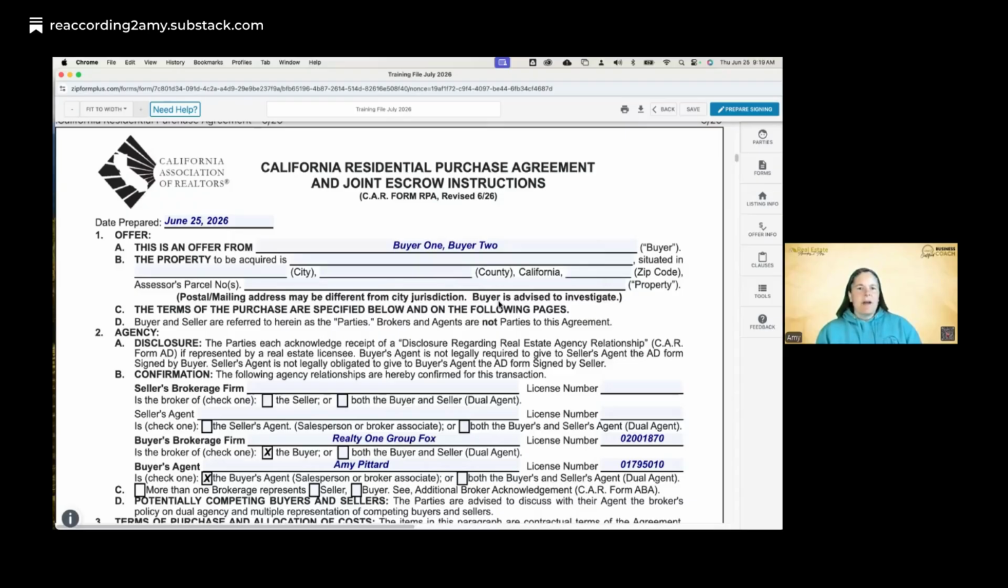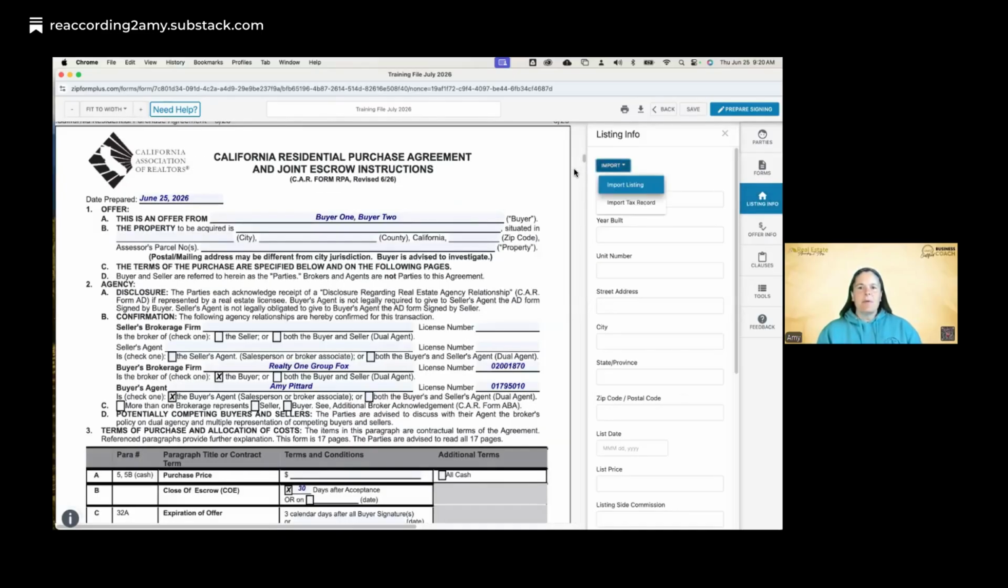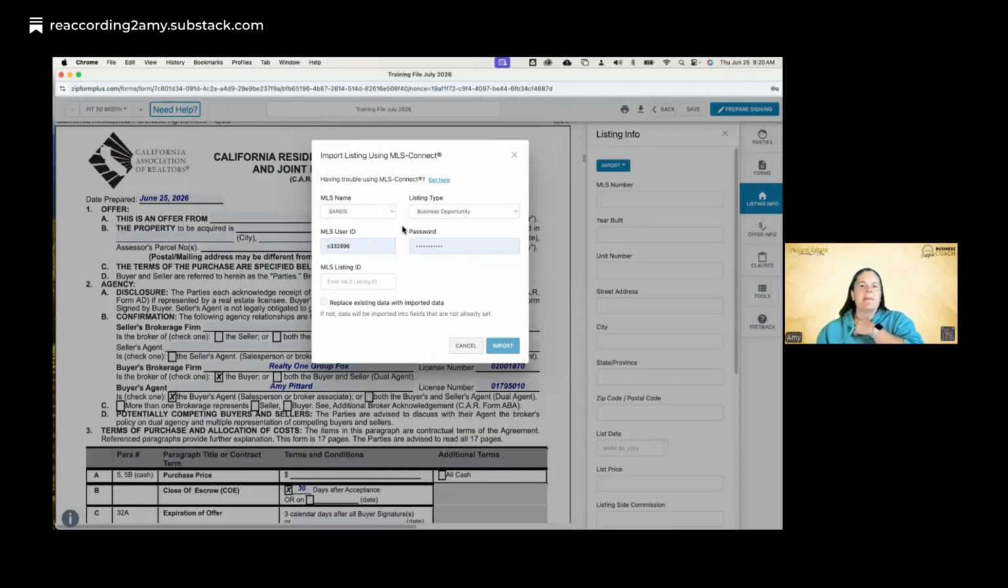All right. Property to be acquired. You can pull this in from the MLS. So if we go to listing information, we can go to import, import listing or import tax record. You can do this from the beginning, or you can do it inside of the editor. So we could go import listing. See, it's got my stuff already saved here. Listing type is going to be residential. Make sure you have the listing type selected correctly when you go to pull over the listing ID,